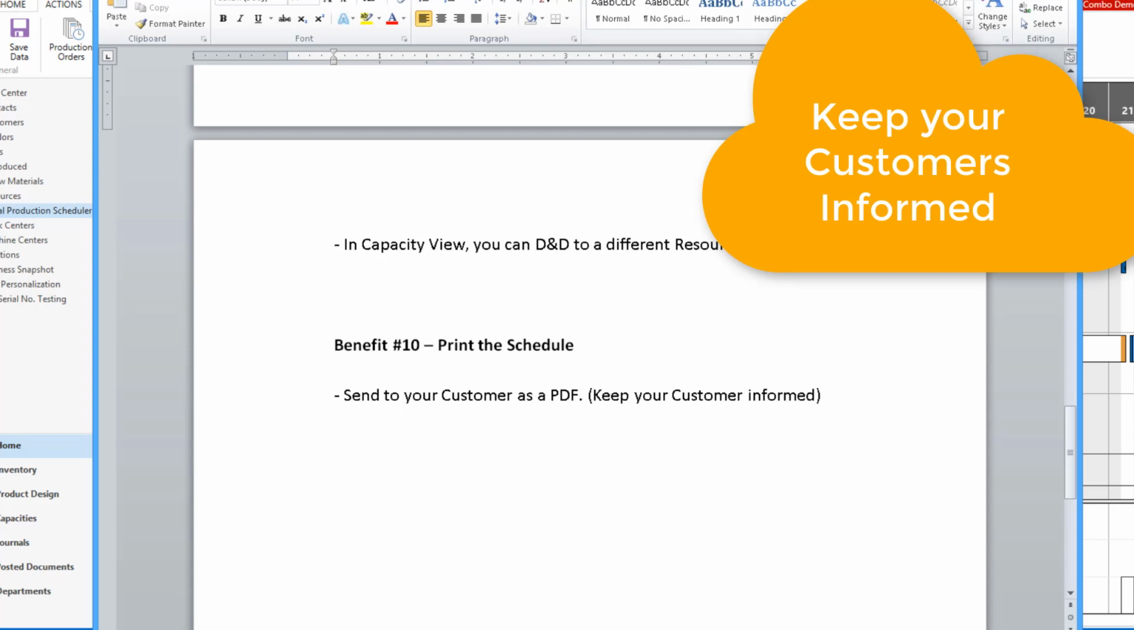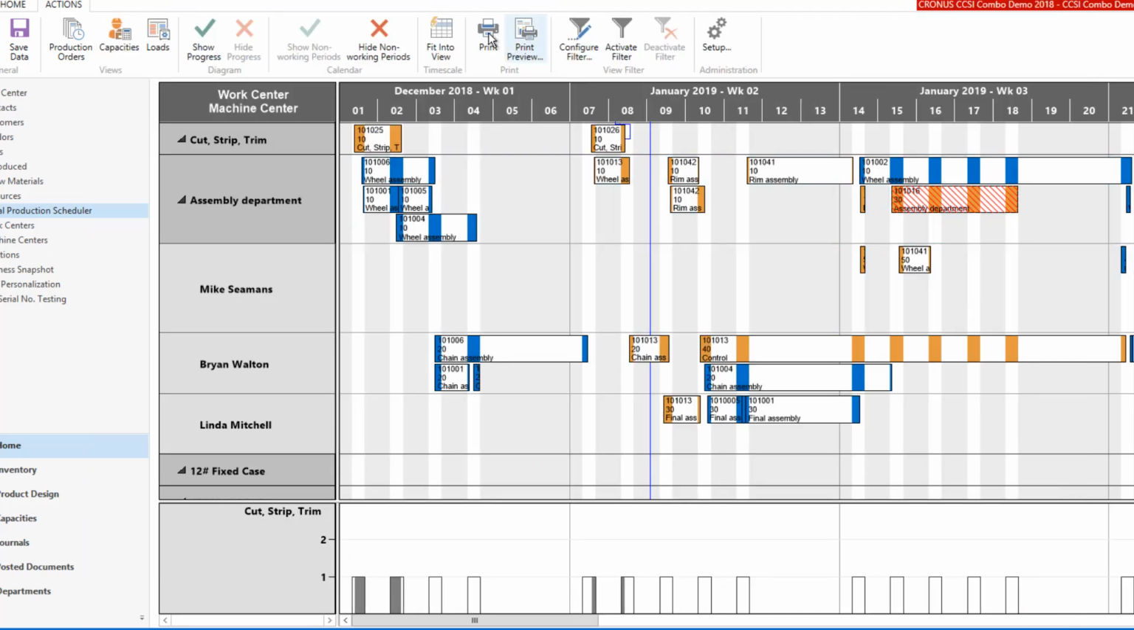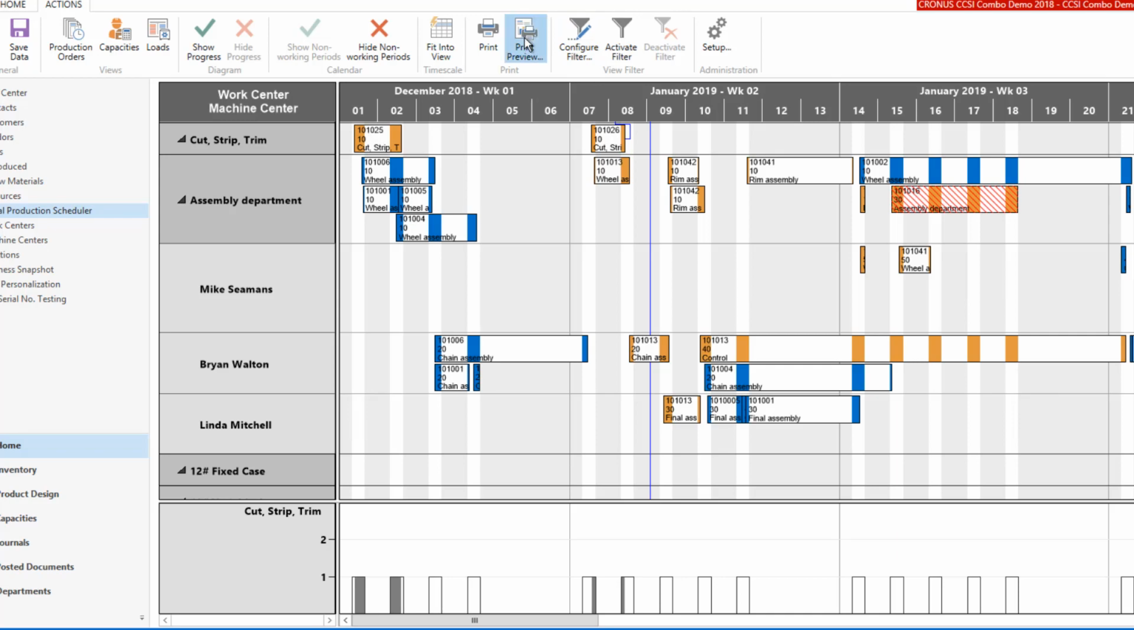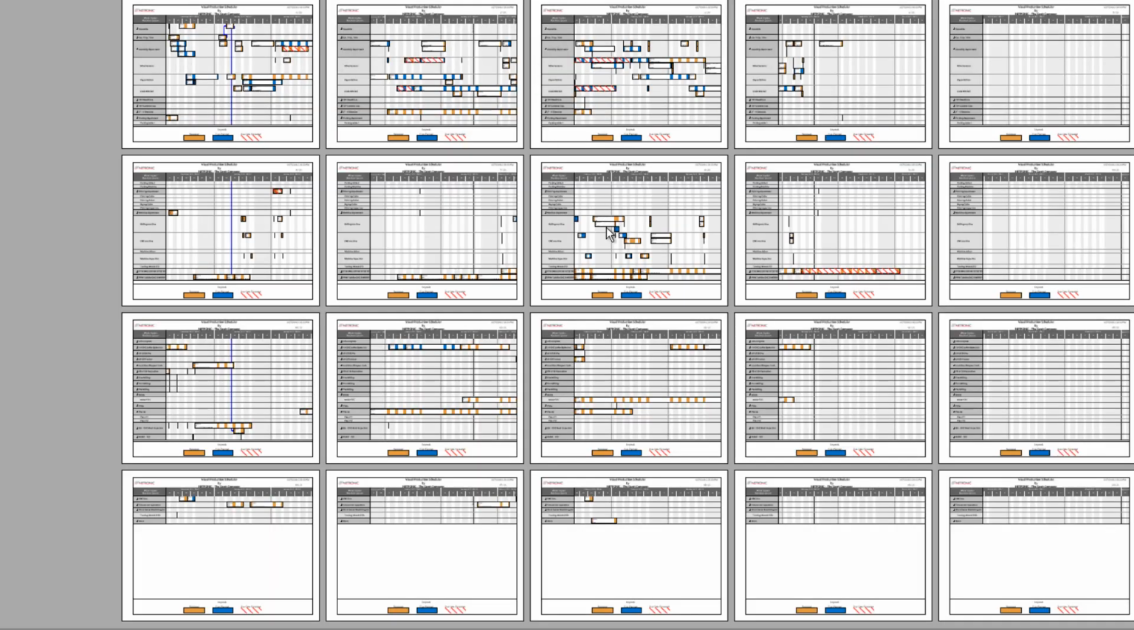That's pretty simple. At the top here there is, of course, a print preview and a print. I'm not going to filter this, I just want you to see the concept. Print preview, and here it generates all the pages. This was a fairly large schedule because I printed everything, but you could put this on a plotter and make really big pages if you wanted to, and print these out,